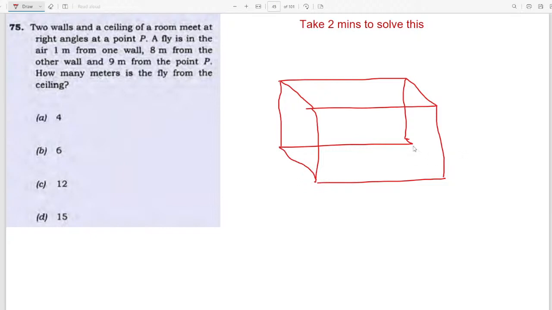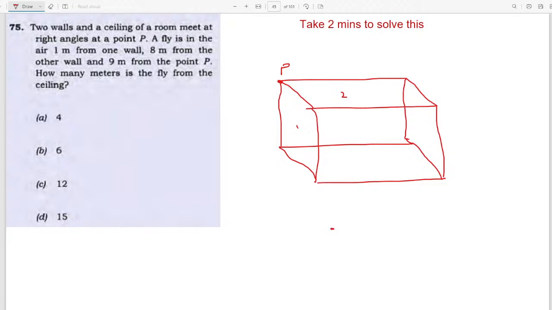So imagine this is a room and they're saying that two walls, this wall and this wall, this is one wall, this is the second wall, and they are meeting on the ceiling, the top ceiling, at this point. This is point P. And what they're saying is a fly is in the air 1 meter from one wall. So I'll just write it like this here. The fly is,